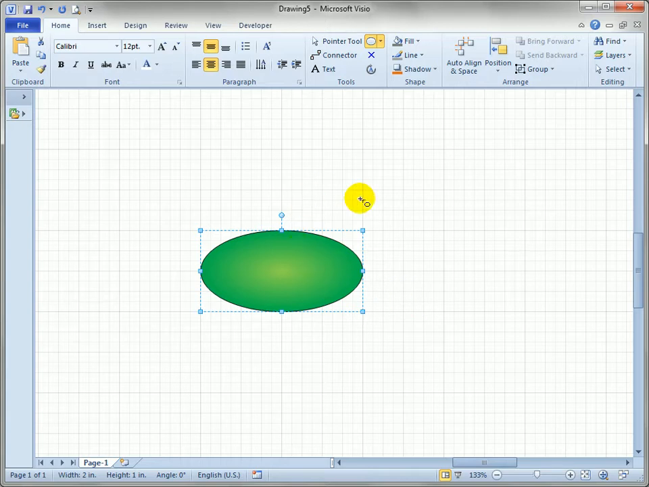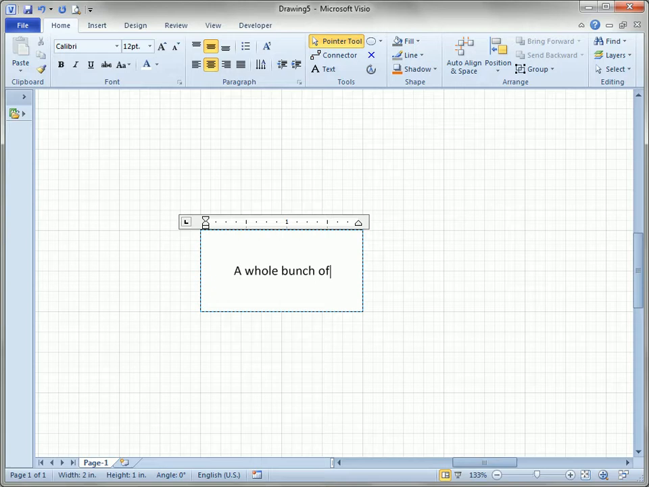Now we still have the ellipse tool selected. We can switch to the pointer tool if we want. It doesn't really matter. But since the shape is selected, we can just start typing. So let's put a bunch of text on here. A whole bunch of text that wraps to the next line. There we go. Got some text, and I can just simply click away or hit the escape key to escape